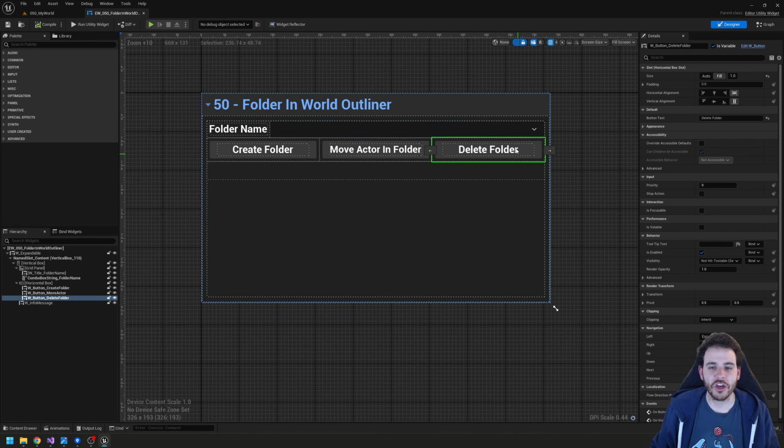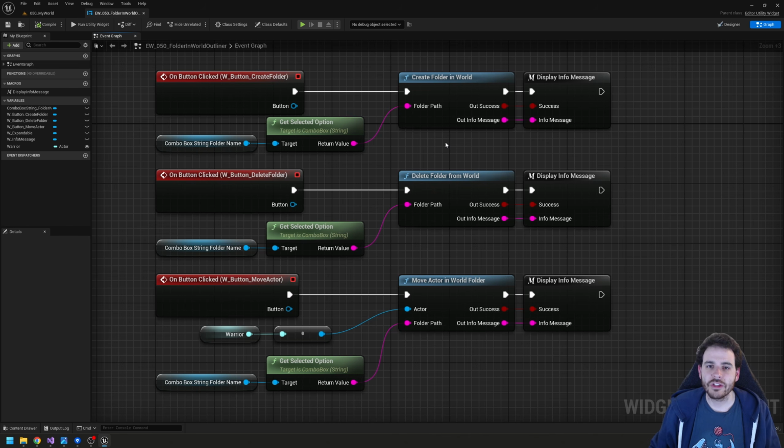That's going to be enough because the delete folder function already uses all the other functions we created, so we'll be able to test them at the same time. Perfect, let's jump in the graph, and here it's pretty straightforward. When I click on the create folder button, it's going to call the create folder in world function we created, feeding it the path of the folder I'm going to create. Same thing for deleting, so I'm going to click on delete folder, it's going to call the delete function, feeding